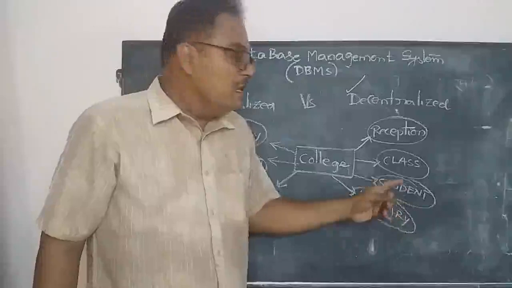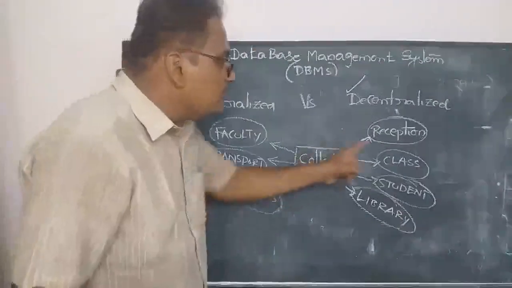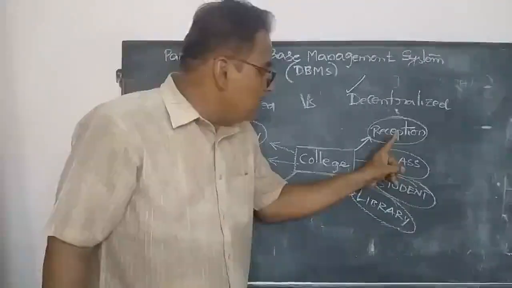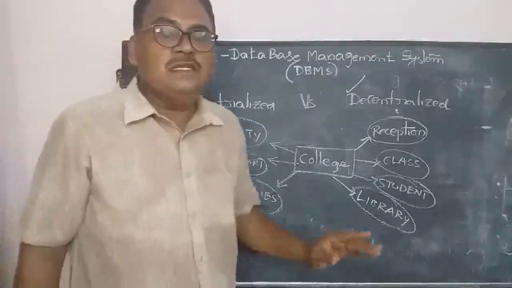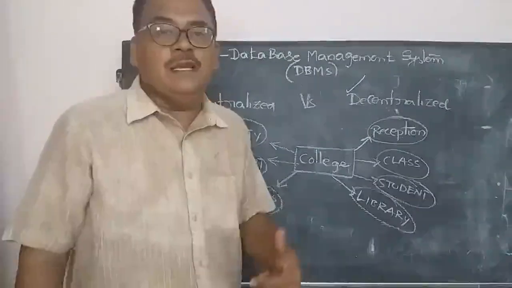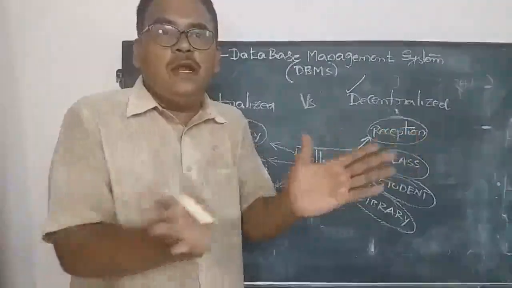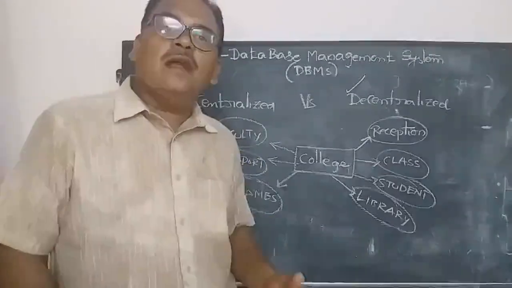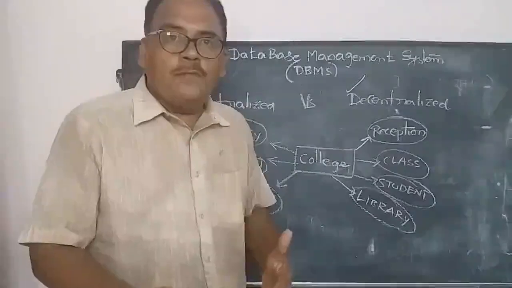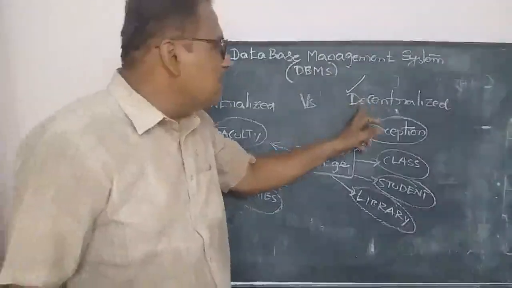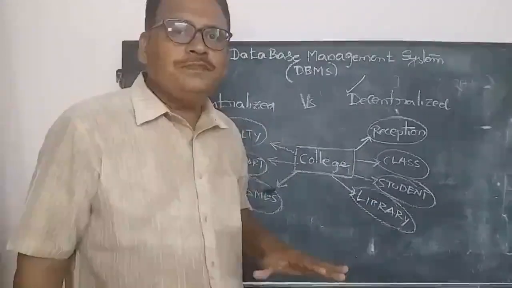So my dear students, you should remember one thing: if repetition occurs in various entities, and you change any one point of student data, the remaining entities' data should also be changed. This is what we call inconsistency. Inconsistency means a particular student is admitted in 2 or more courses. Which is the correct one? So we have to check one by one. So the major problems of decentralization are repetition of data and inconsistency of data.